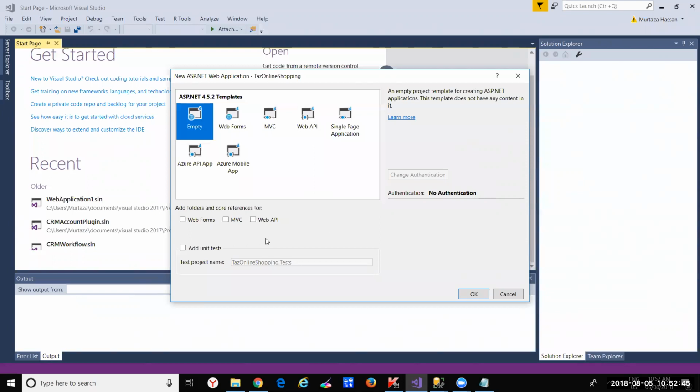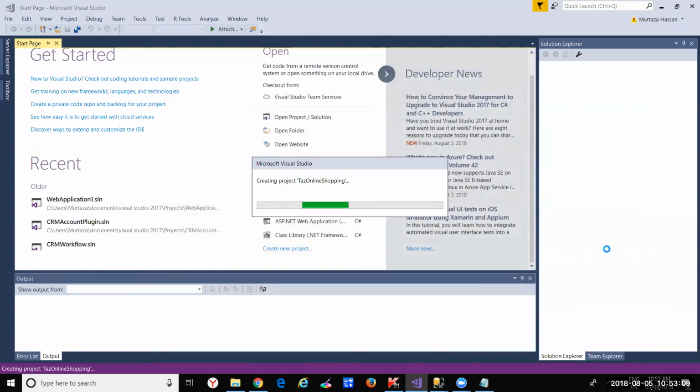And we'll just click OK. All right. Just before I do that, you can add a unit test class. I won't go too much into the details of the unit test right now, but you can do that. But I just want to keep it very simple with you guys to start off with. So we'll create an empty project. Okay, we click OK. While this project is loading,